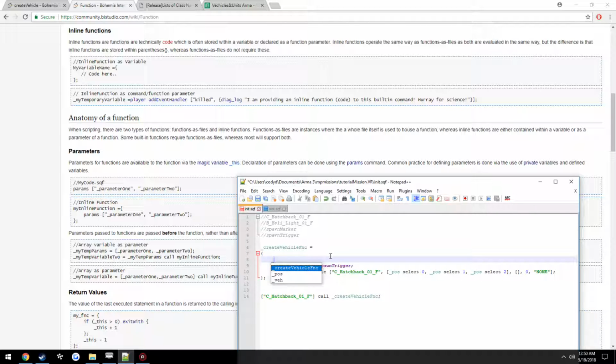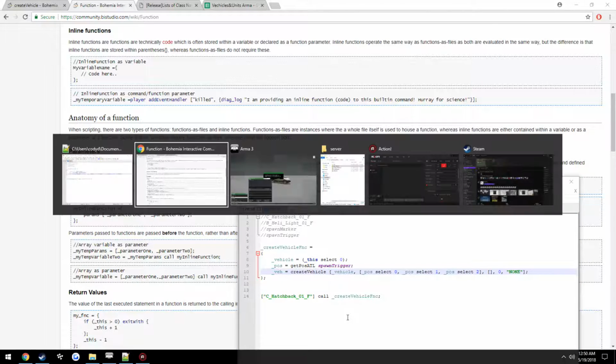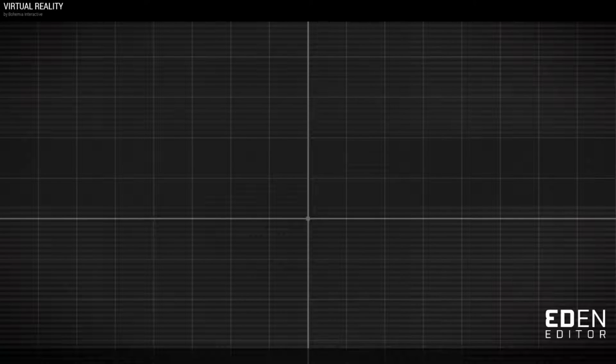And we're going to store that inside the variable vehicle. So vehicle equals this select 0. And we're going to change the type here to vehicle. Now when we run this, it should do the exact same thing. It's going to create the hatchback,